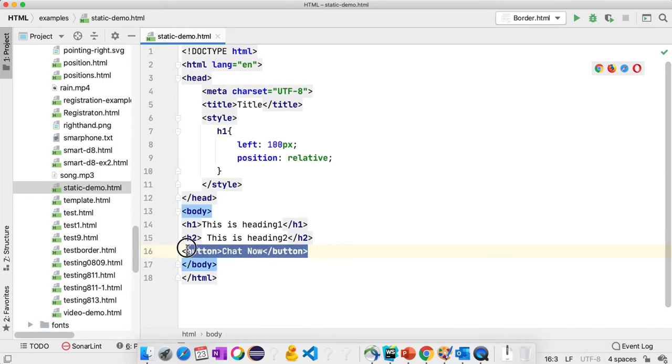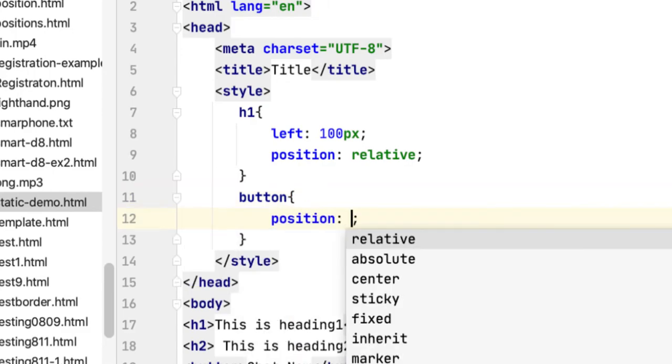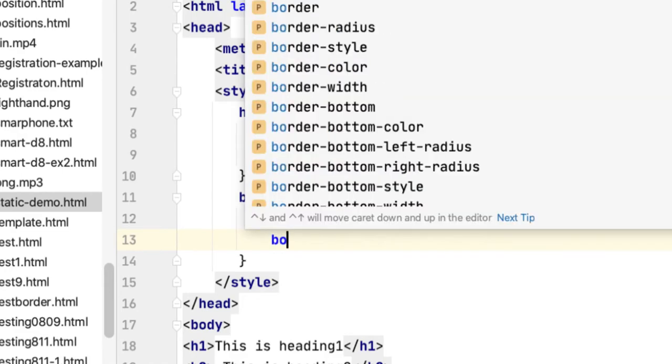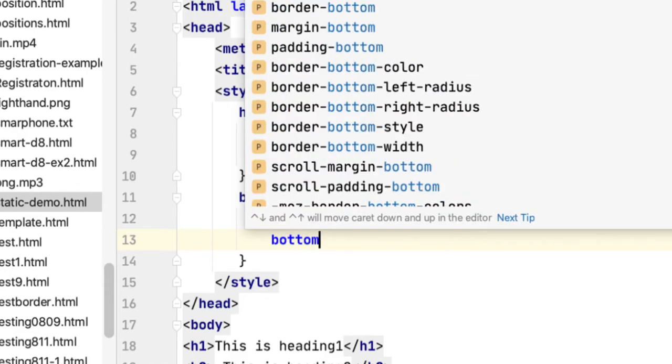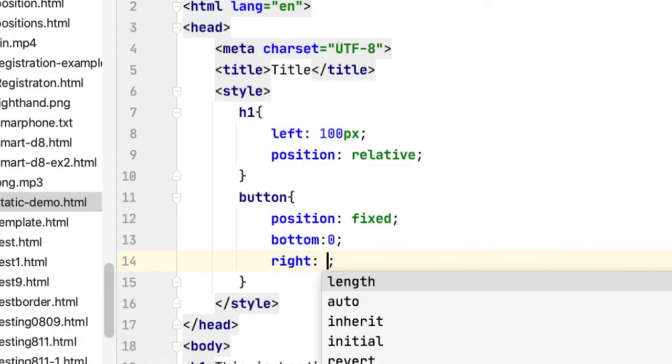So I add some styles: for the button, we set position as fixed. When you say position fixed, we need to arrange that particular button at a particular position. I'm using bottom 0 and right 0.